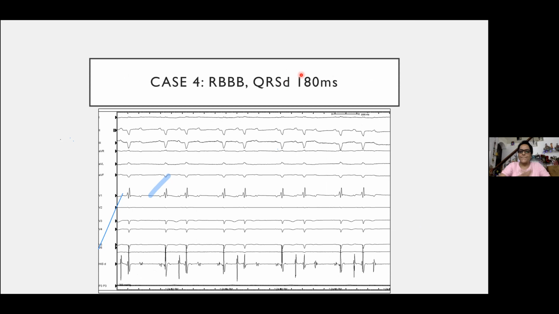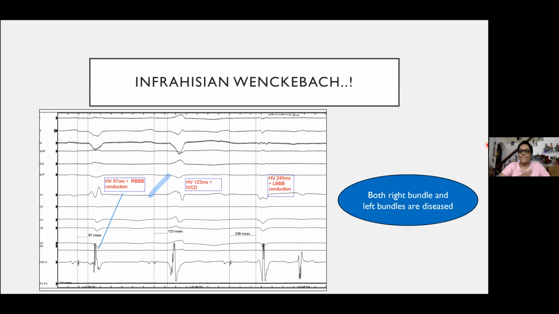This is a right bundle. So mind you, right bundle cases, this is a very interesting case. Right bundles are traditionally no-go for us. Right bundle and a QRS duration of 180 milliseconds. And as you can see here, what is this patient having? It's something which I see very uncommon, maybe seniors must have seen more, infrahisian Wenckebach.